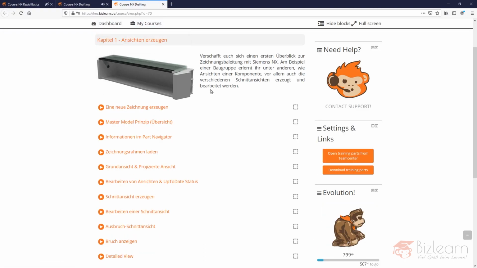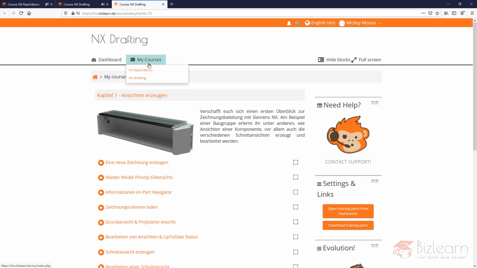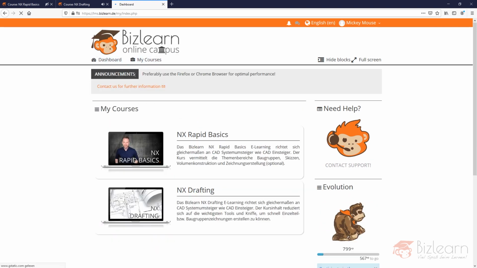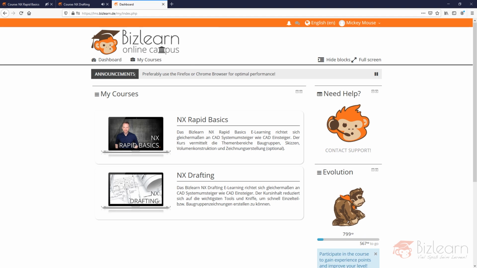And now you're within the drafting environment. If you have a look at your course list, you've got 2 trainings available. And the cool thing is, it's dynamic. And people can now create draftings and learn how to draft, and afterwards proceed with the basic modeling stuff and, for example, create a drawing of each model they are designing within this environment.